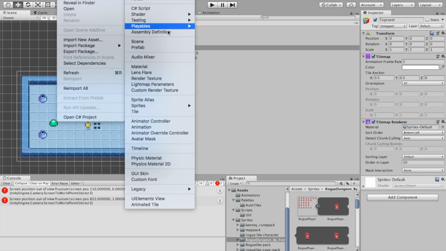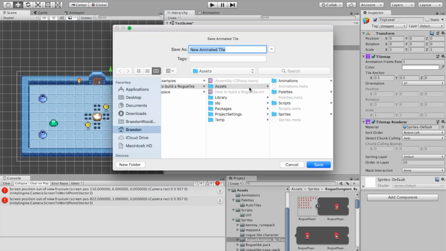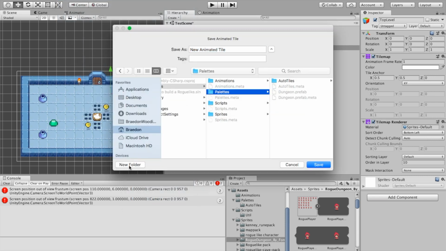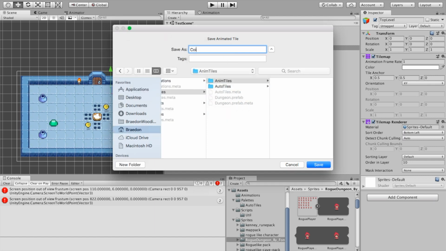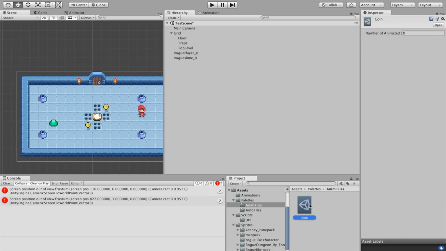So we go down to assets, create a new animated tile. We're going to put it under palettes, and we're going to put another thing called animated tiles, or anim tiles. And we're going to call this coin, because we're going to animate the coin. Then we're going to duplicate the coin a total of 2 times, so we have 3 assets, and we're going to call one of them spikes, and another one of them